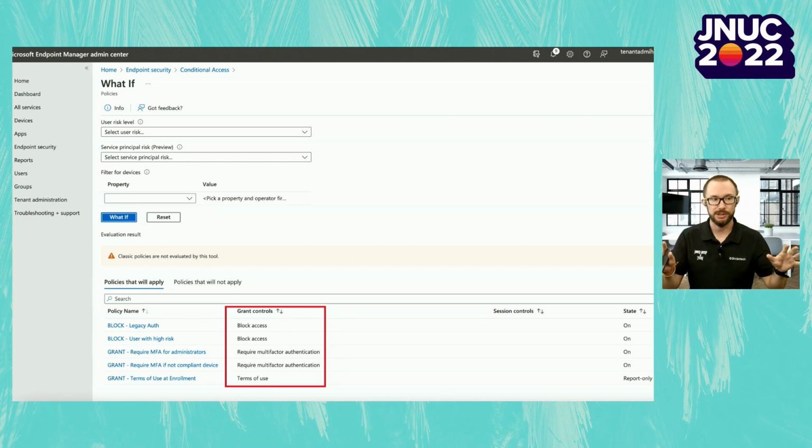So, as with the compliance policies, do separate your policies into different grant requirements, into different condition evaluations, and look at the bigger picture. What are we trying to achieve under which circumstances, and how will this impact the user? Especially with iOS, this is even more important because there we also have a much more granular control over which app a certain user is allowed to use to access a certain kind of data.